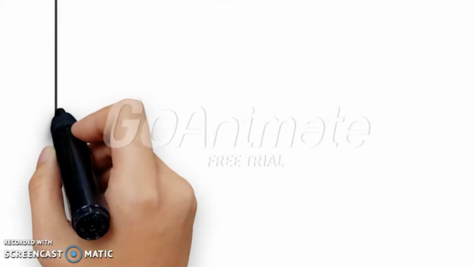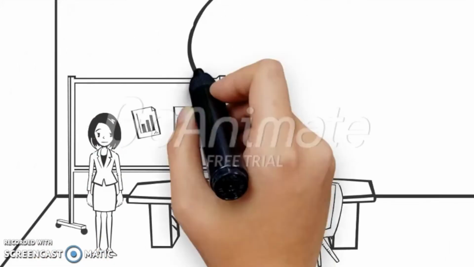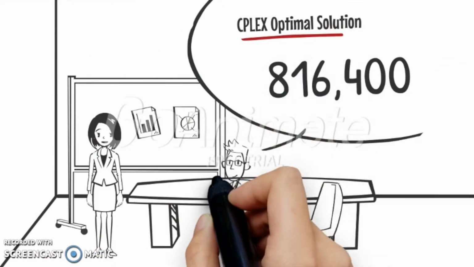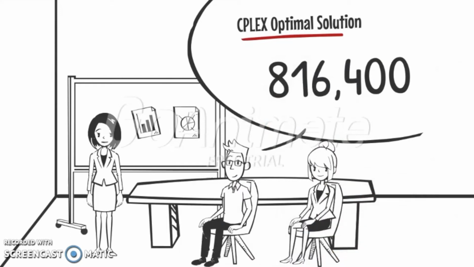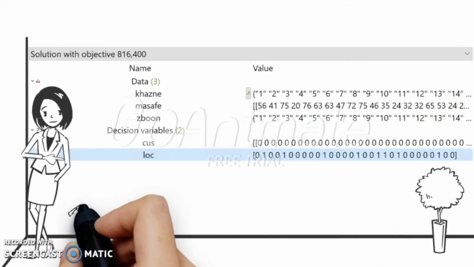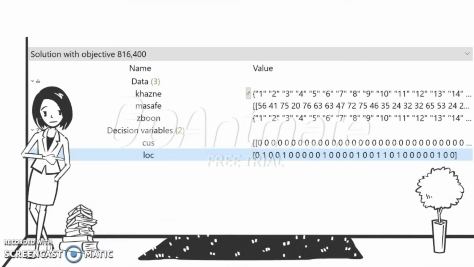We wrote CPLEX code to minimize the objective function. The optimal solution found is $816,400 using 8 of the 30 possible lockers. This is a demonstration of the optimal result using IBM OPL. The array of zeros and ones shows the locations of the 8 lockers being used, and the objective value is